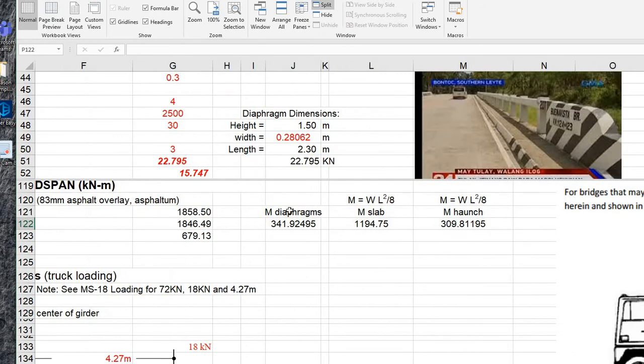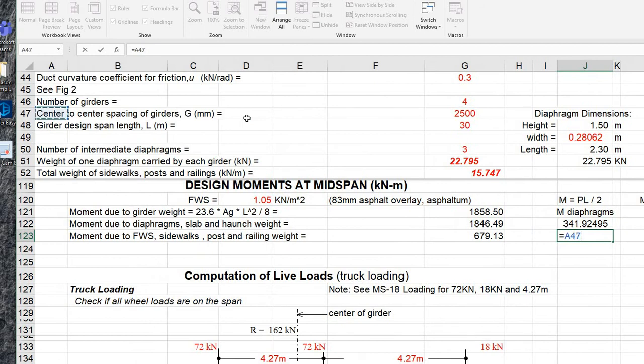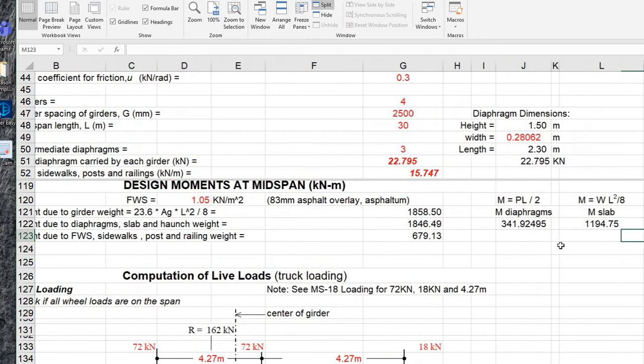For the moment diagram, so magiging M is equal to PL divided by 2. Okay? So, nasan si P? That is diaphragm. Kaya, punta tayo dito. Weight of one diaphragm carried by each girder. Ayan yun. Tapos, si L times 30 divided by 2. Yan. So, yan yung 3 for 1.92. Next is, punta na tayo ngayon kay